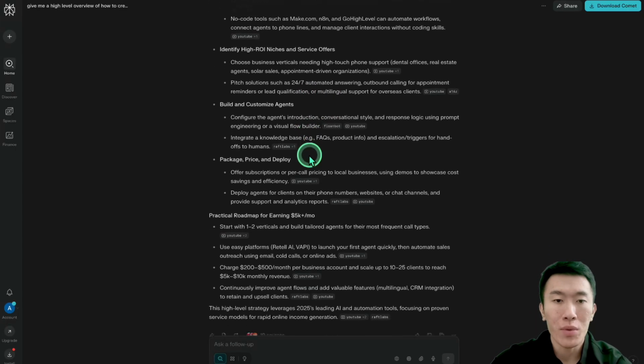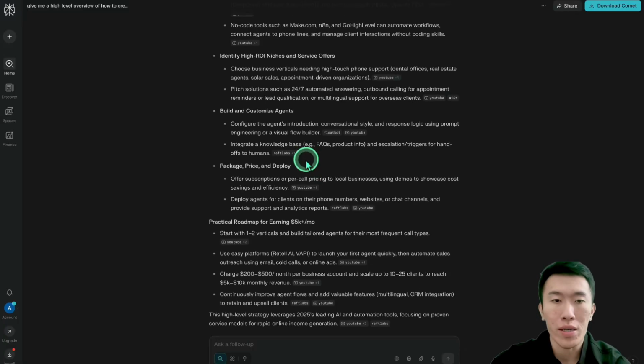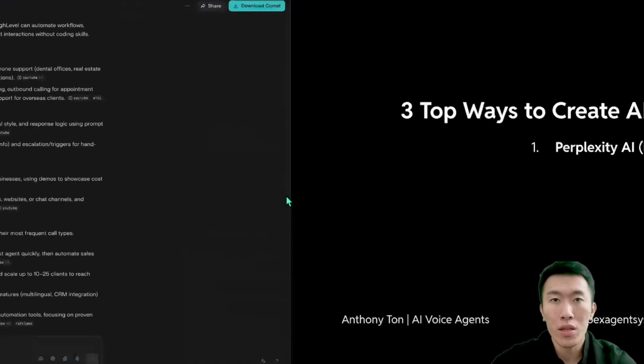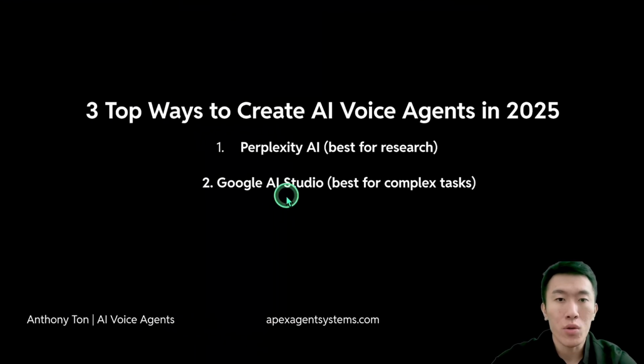And then finally, we need to know exactly how much to charge. In here it's telling you a practical roadmap for earning 5K a month: we're going to target some niches, use some easy platforms such as VAPI, and get online quickly. Then we're going to charge, it just depends, 200, 500 a month per business, and continue to scale. That's exactly how you would achieve that goal. So that's beautiful. Let's go ahead and look at number 2, which is going to be Google AI Studio,